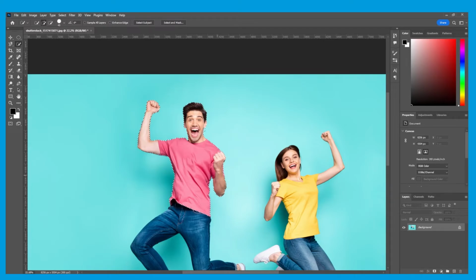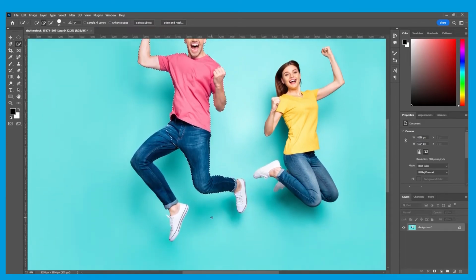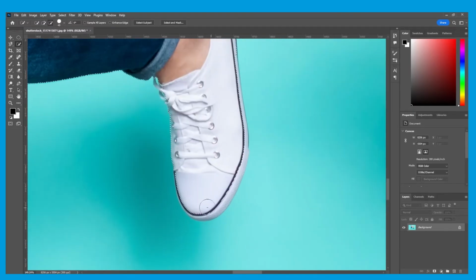I can just drag over the parts that it missed, like here, and again, and then I can drag his foot, add that in, add this in, and then areas where it's not done such a great job we can zoom into and just add them like this.